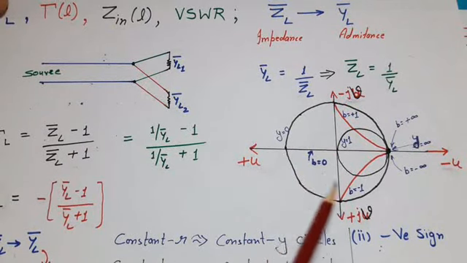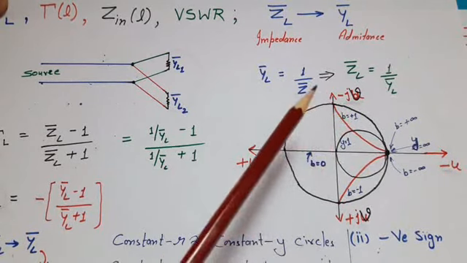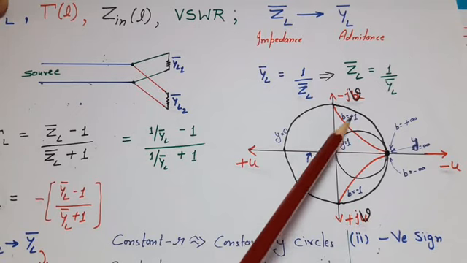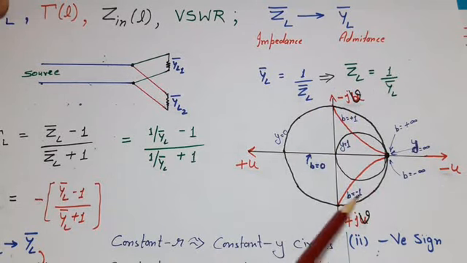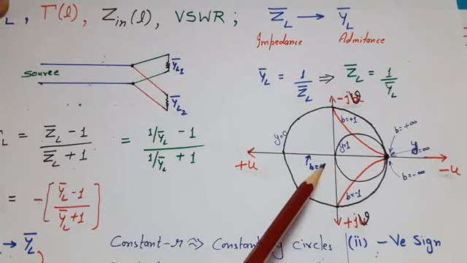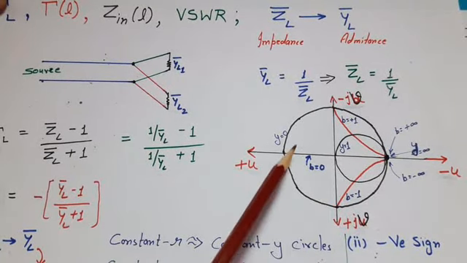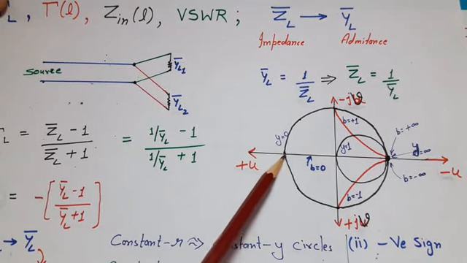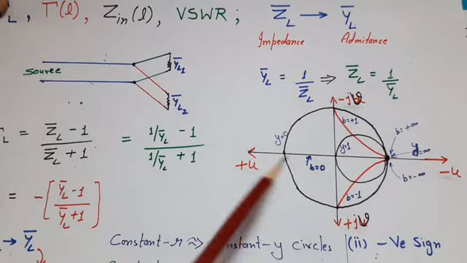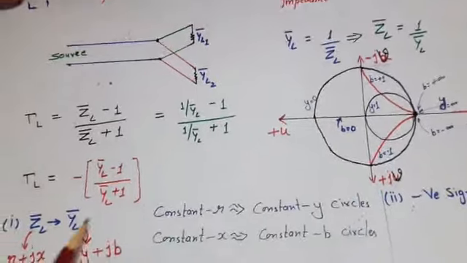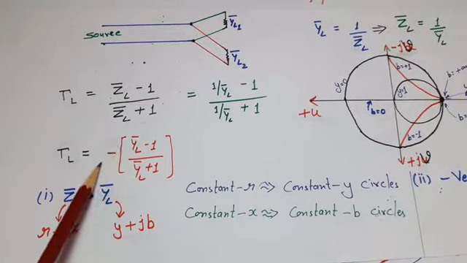And therefore, the manufacturer of the Smith chart does not represent whether it is R, X, Y or B circles. He just writes the values of the different circles. And he does not represent axis also. We can write axis according to our requirement. Now if normalized load admittance is given, then our Smith chart will look like this. In this, all circles are absolutely same as they were in normalized load impedance case, except the name of the circles has been changed and the name of the axis has been changed. The name of the circles are changed because ZL bar is replaced by YL bar and axis name is changed due to this negative sign because it provided 180 degree rotation.